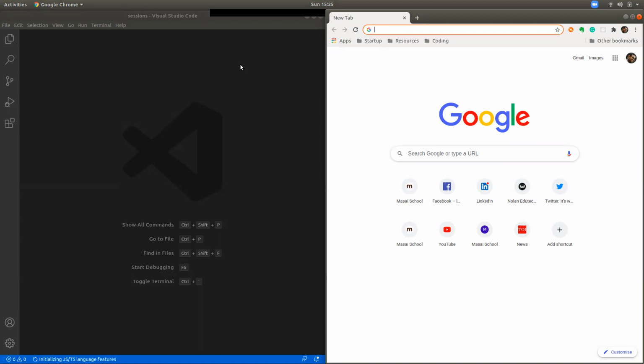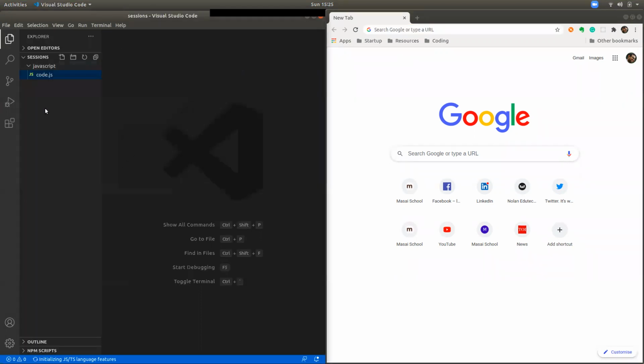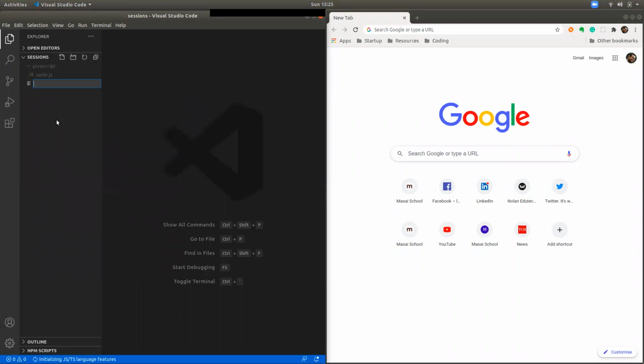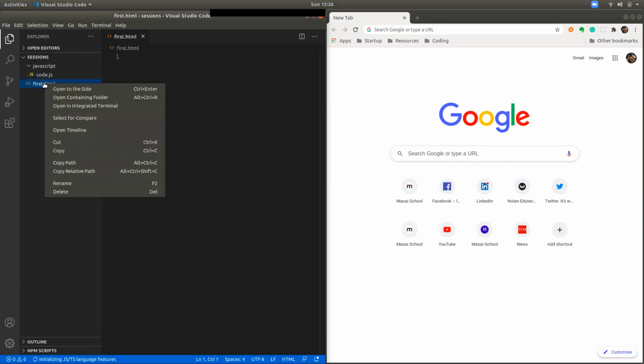Now let's write a very simple document and open it in our browser and see what I meant by content. Now I'm creating a file called first.html. All the HTML files should end with .html. So I'm just creating a file called first.html, and I copy where this file is located using right click and say copy path.